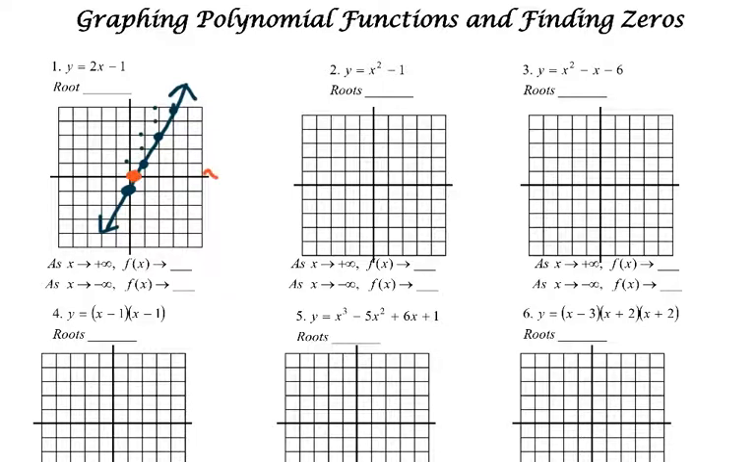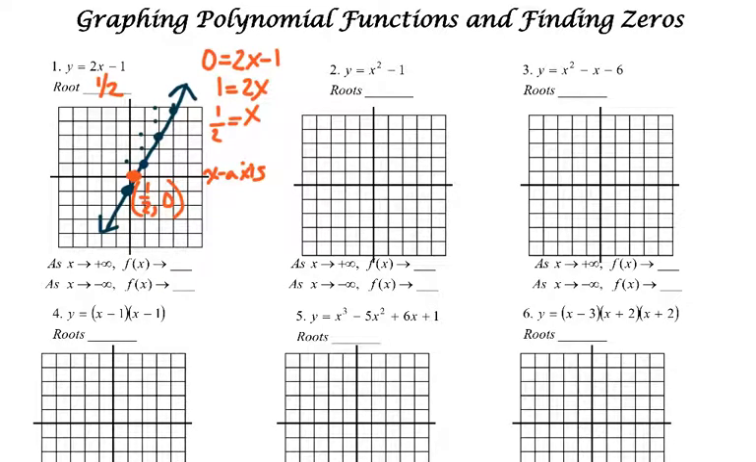Right, the root is also known as the x-intercept, right? It's where the graph crosses the x-axis. Do you remember how we found the x-intercept? Right, we let y equal 0 because every point on the x-axis has a y-coordinate of 0. So the root is 1/2. Now technically it's the ordered pair 1/2 comma 0, but we say 1/2 because it's understood that the root has